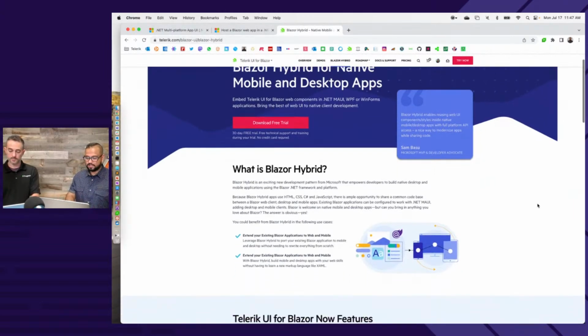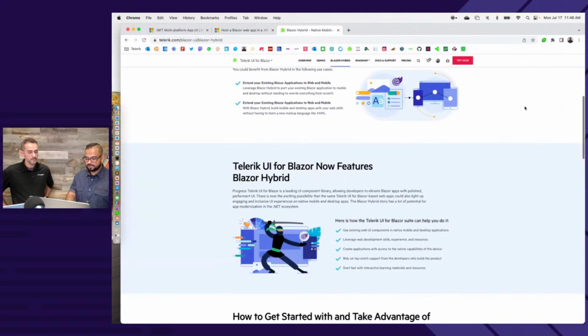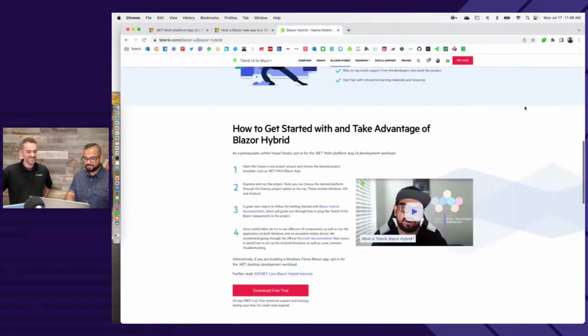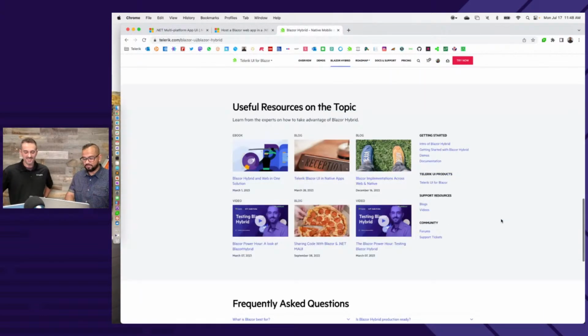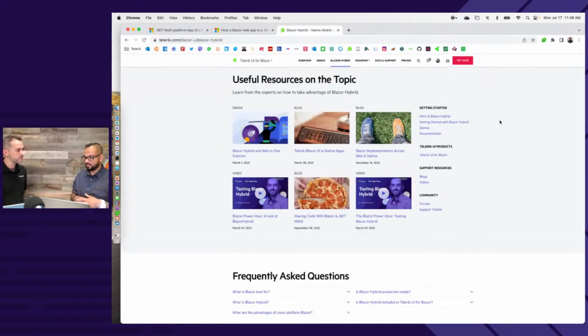So this essentially means that all of the UI that you see from us, right? All of Telerik UI for Blazor, all of it, and we don't say this lightly, all of it now works on desktop and mobile, right? So that's the promise of Blazor Hybrid. We have some docs here that help you get started. I don't know who this guy is, but the promise is big. Ed's written some ebooks about it, so we can go through some of that content. But the idea is all of the fancy Blazor UI that you use for web is now welcome on native apps with full platform API functionality.